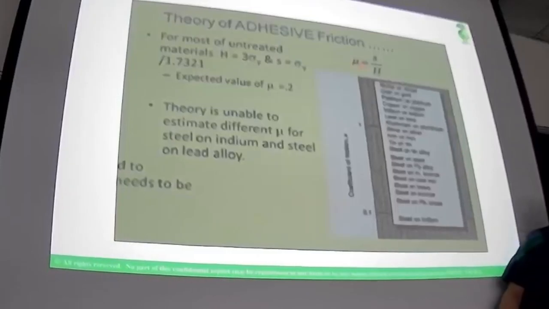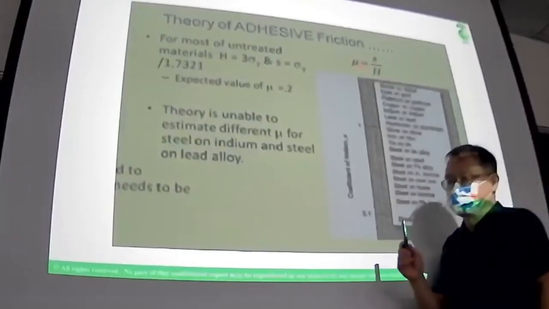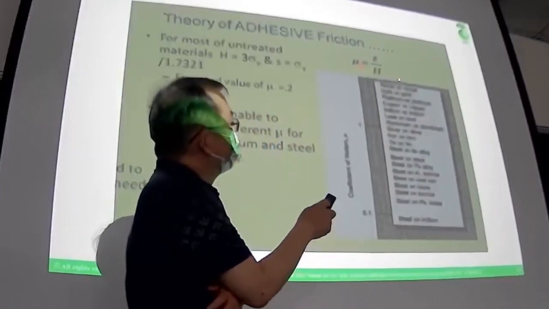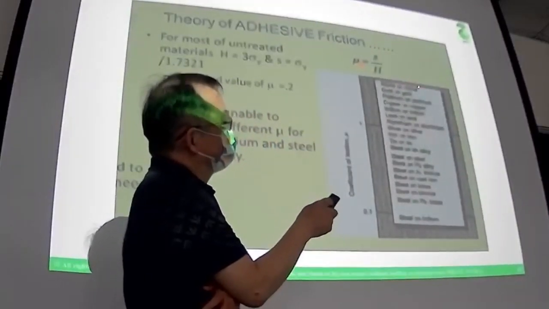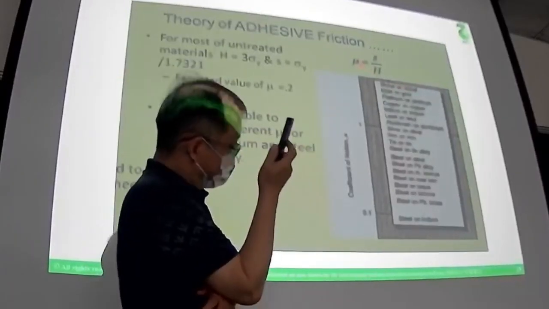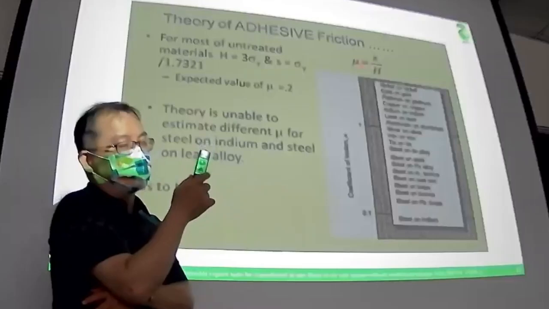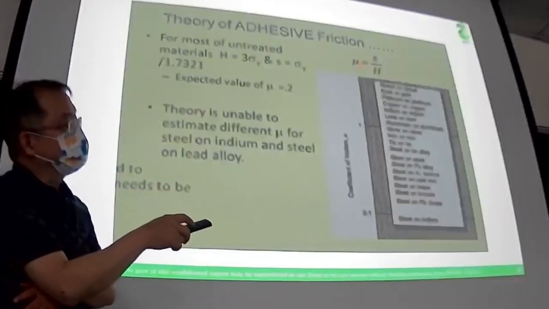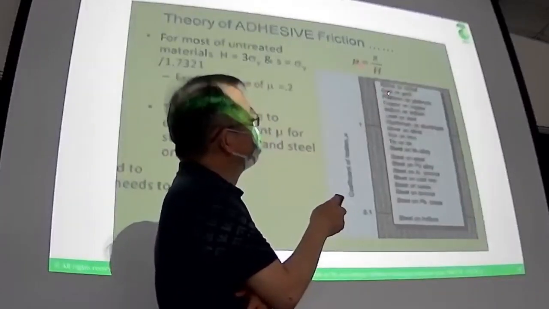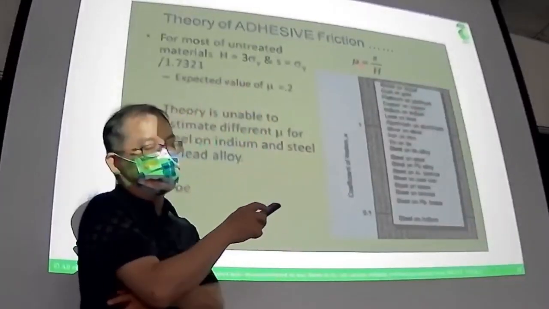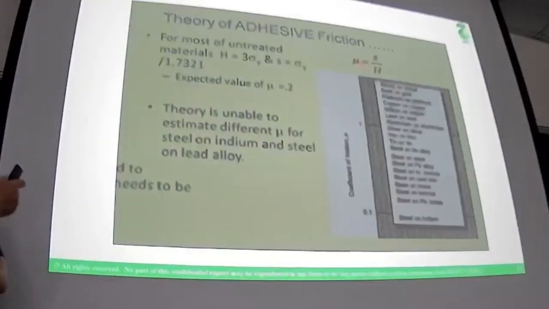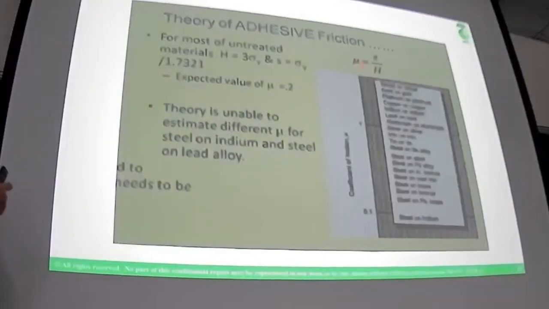You can look back on the tables. If the materials are sliding on themselves, the main contribution to the friction force is the adhesive friction. So we can calculate these properties by using this formula, the theory of adhesive friction. Okay,